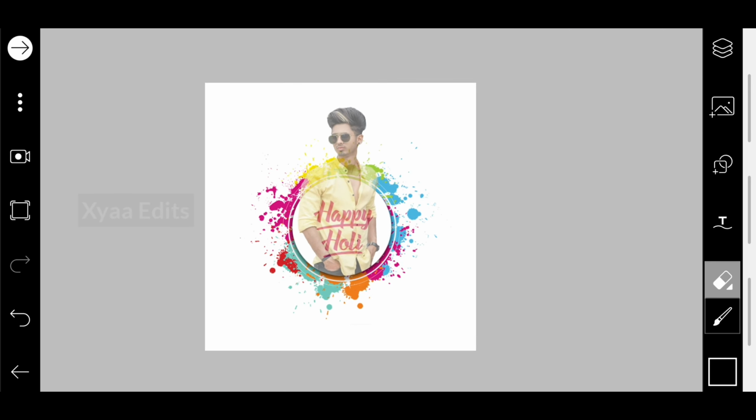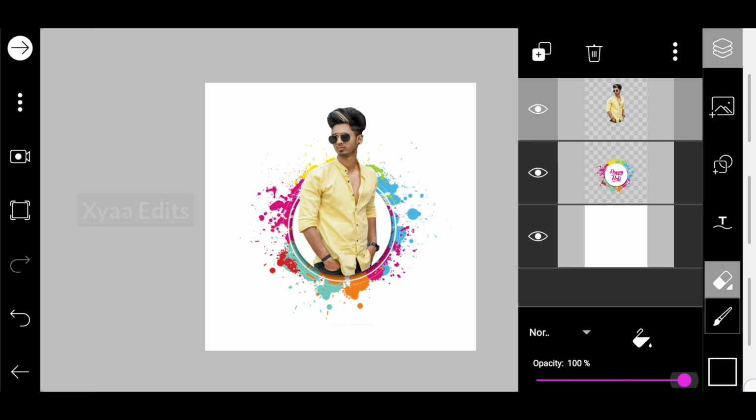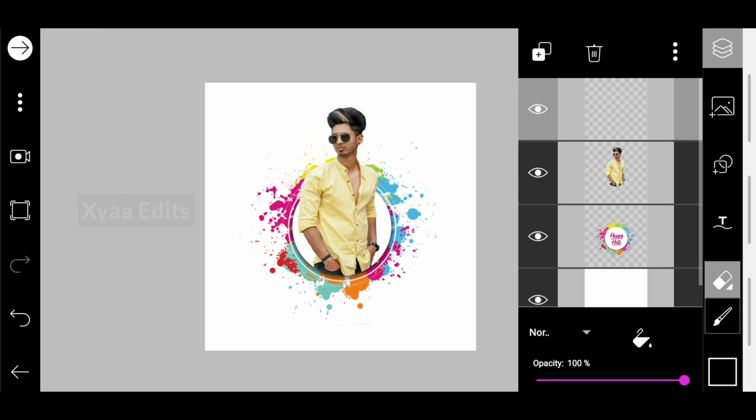After arranging, you have to increase the opacity. Okay, you have to increase the opacity and you have to take another empty layer and you have to add